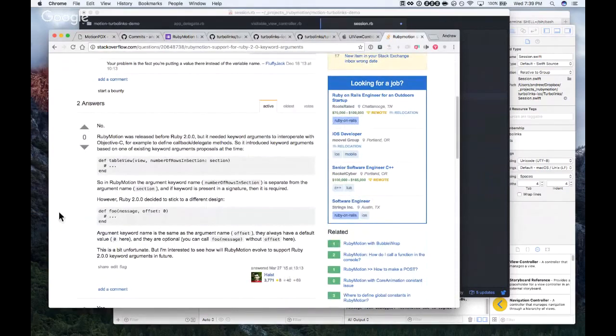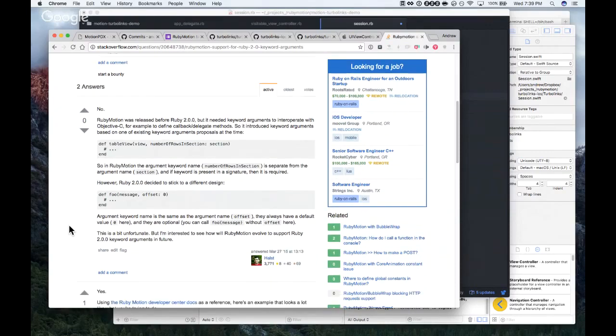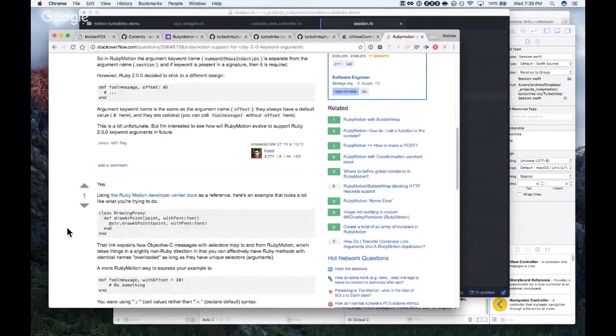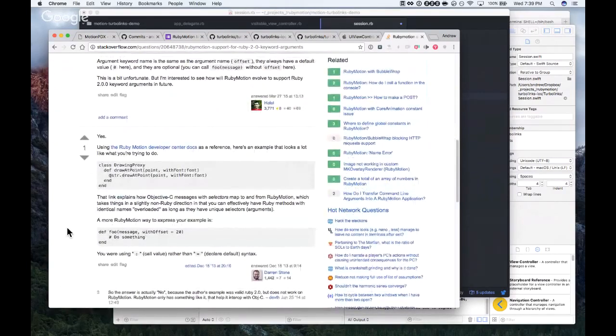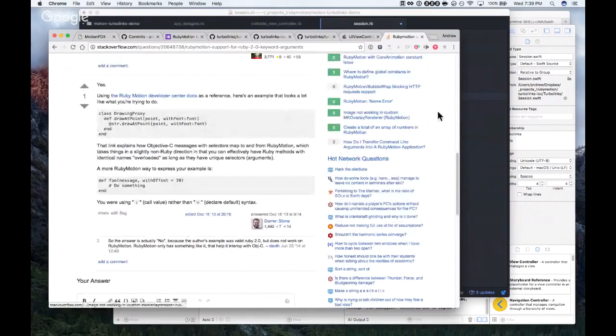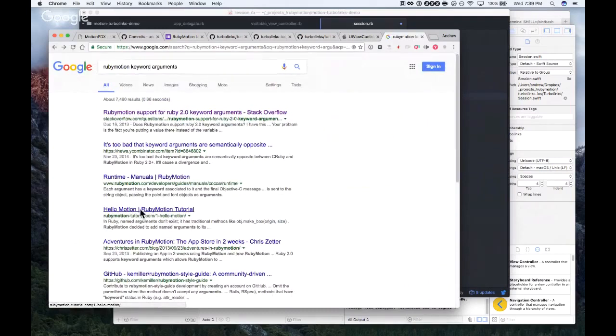When was this written? Several years ago. Based on this, which might be old, it seems like it's not possible at the moment.